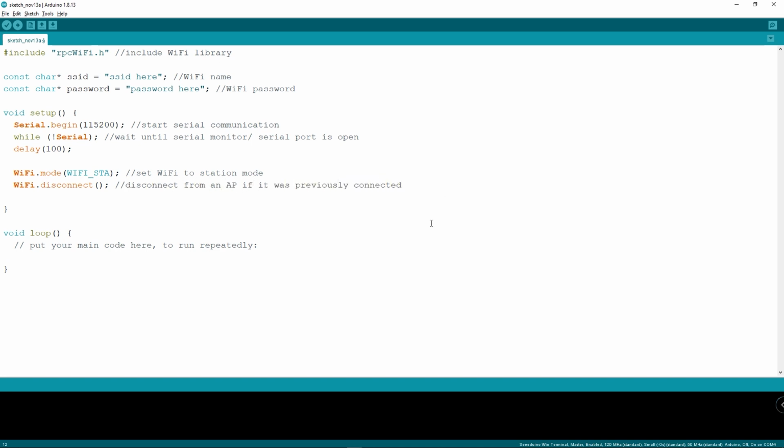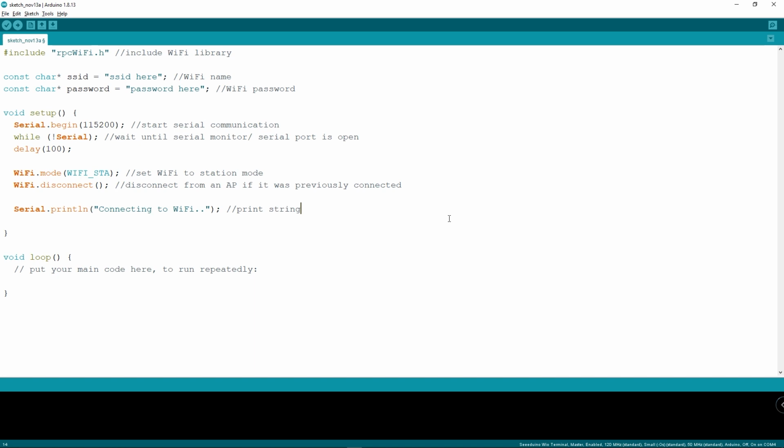After that, print the following string. And then connect to the Wi-Fi network. After that, let's attempt to connect to this Wi-Fi network again if it doesn't get connected here.